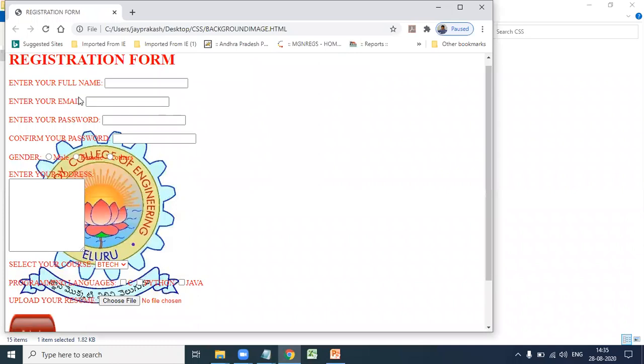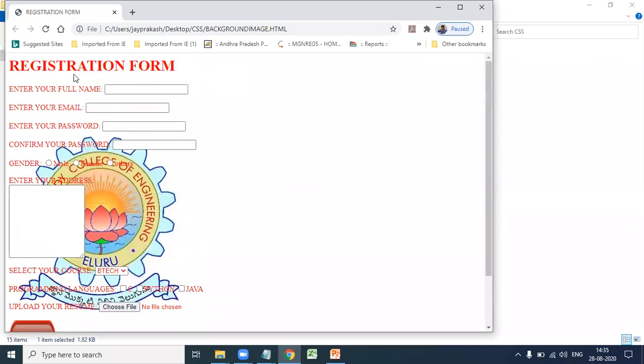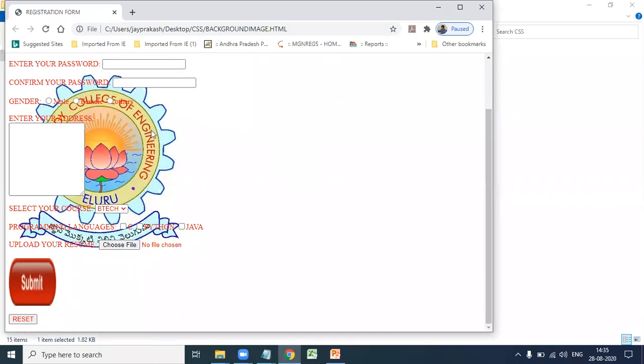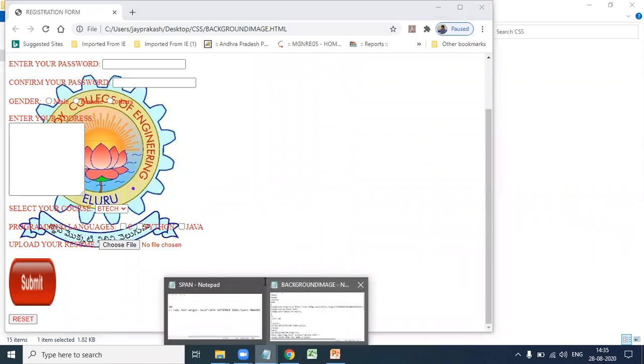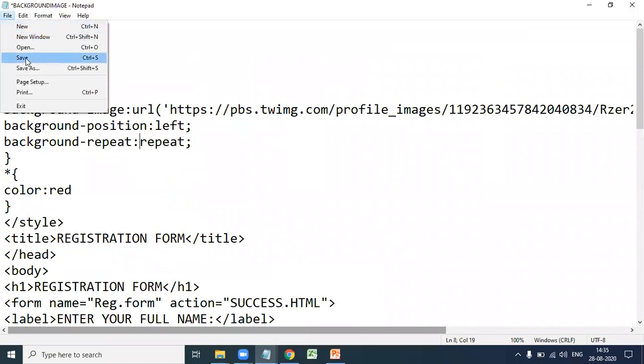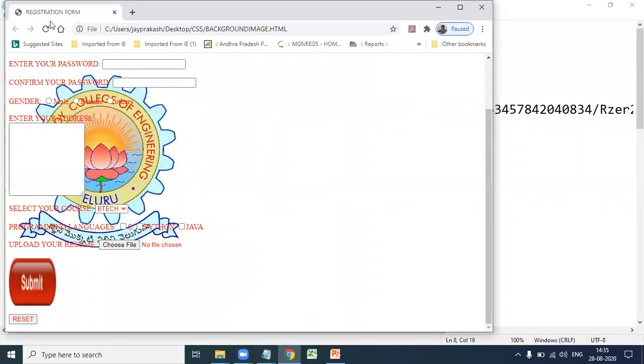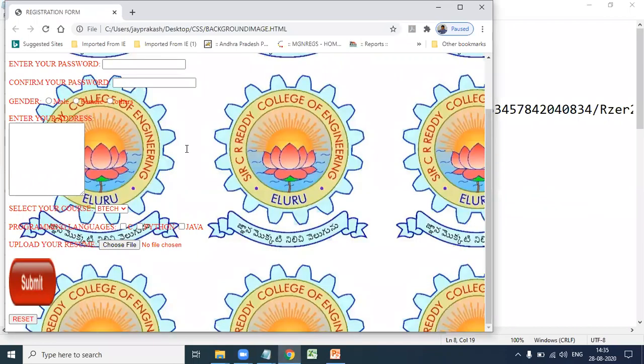See here, I add a background image, the college of engineering emblem, to the registration form. If you want to repeat this image in the background, then change it to repeat. After executing, see here, the background image is repeated.